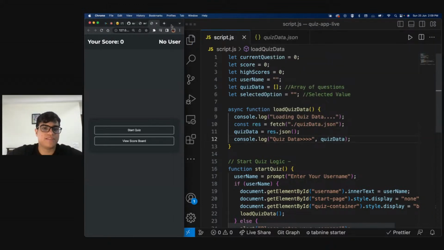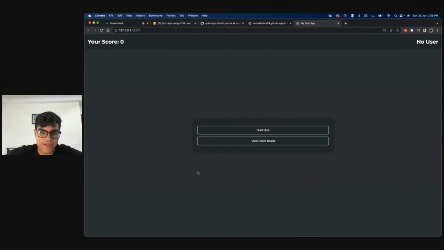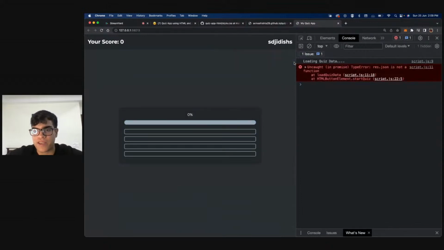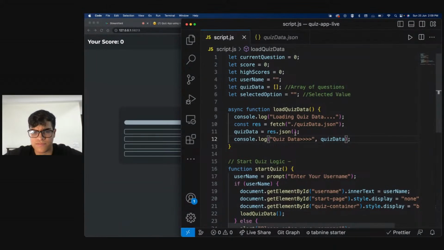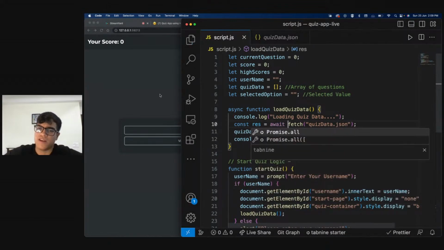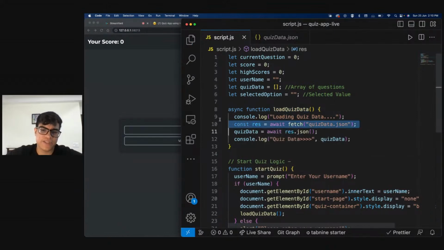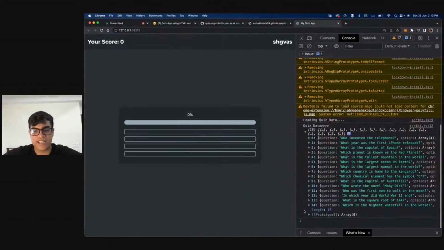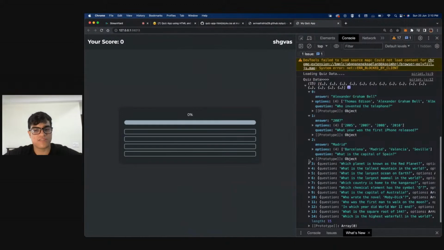And basically what will happen is the moment I inspect my element and show you my console, you will realize. So I started my quiz, entered the username, clicked on OK. Right. Res.json is not a function. Oh, I need to put await over here also. I'm so sorry, guys. Yeah, async await, right? I need to put await over here. So basically, async function, then we'll be waiting for this to load the data. Then we'll be waiting for the data to get converted into a JSON. And now when I click OK, I see my quiz data, which is an array of all of these questions.